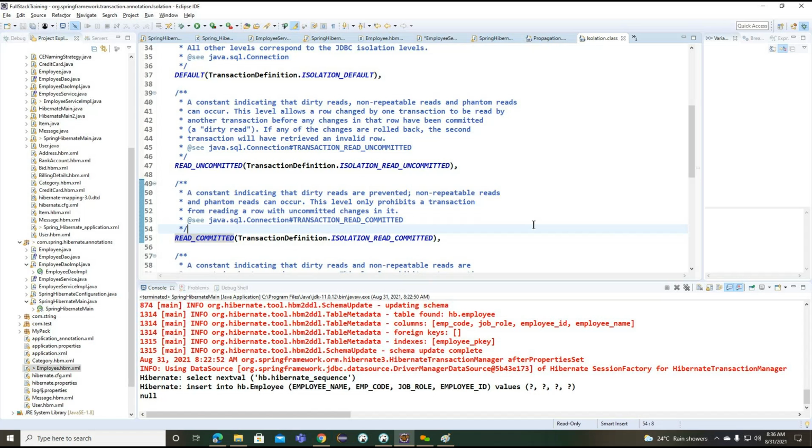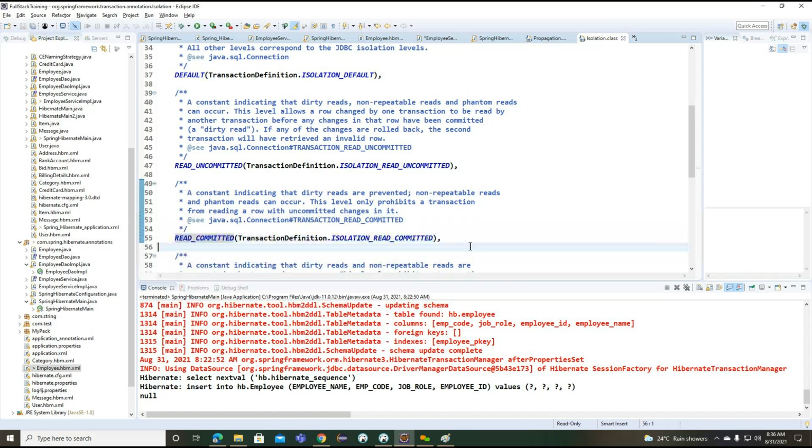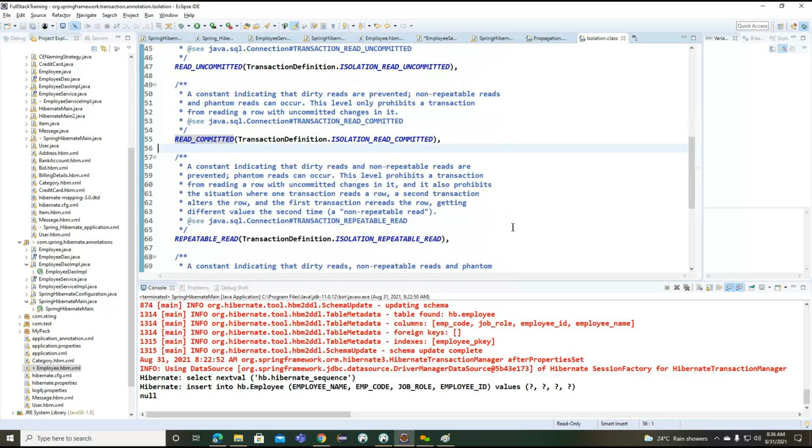Whatever committed data we have in the database, only the committed data we are going to load. So while the two transactions are updating, in the non-repeatable read and phantom read, those updated information we are not going to load inside read committed.